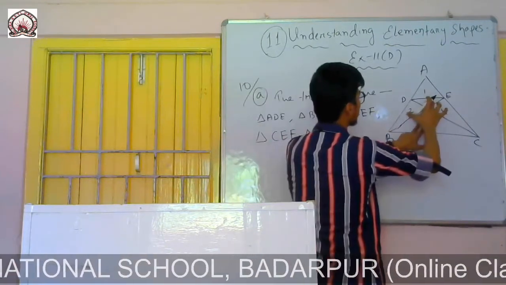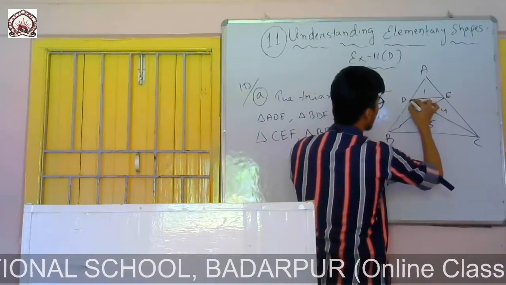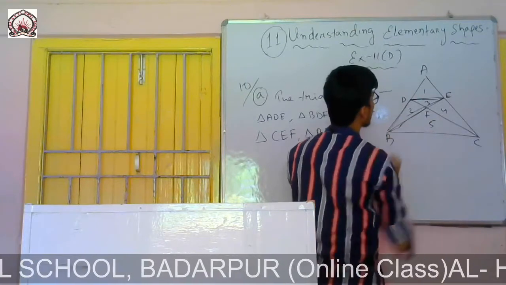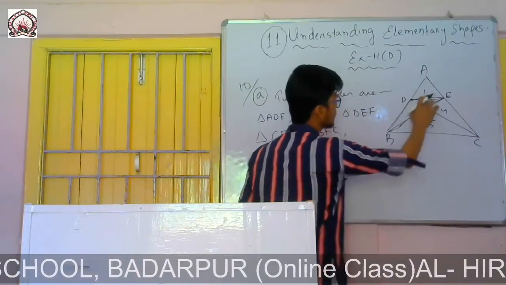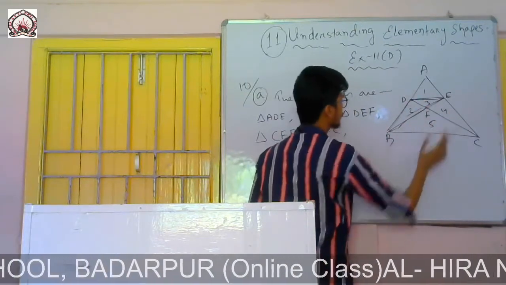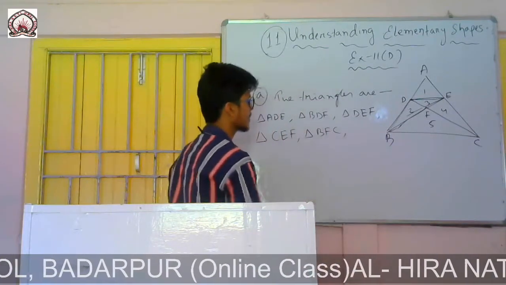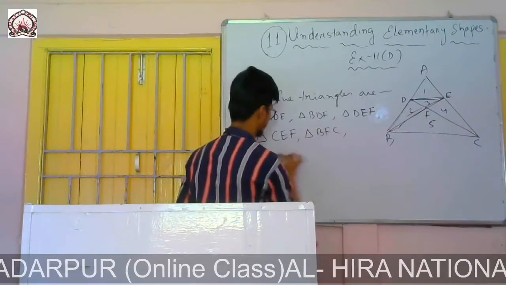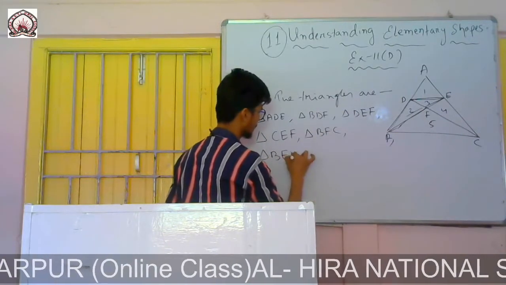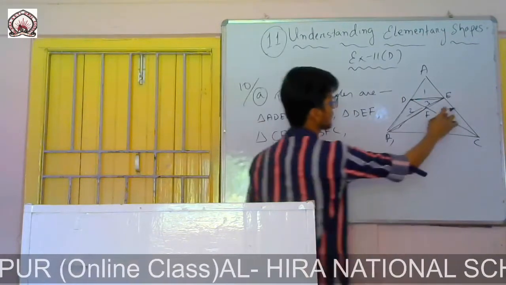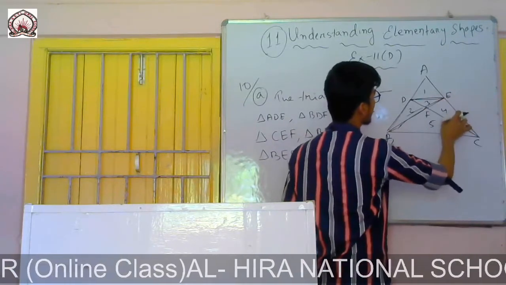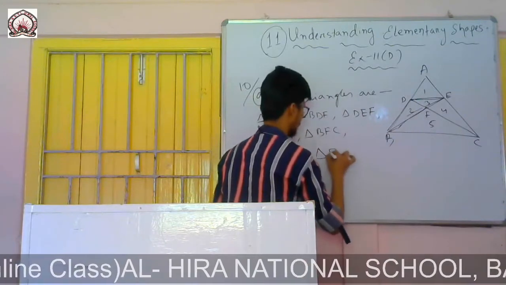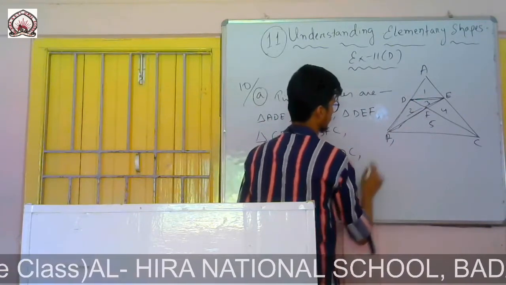So you see, if I take 3 and 2, this is also a triangle DE and this one B. It is also a triangle. This one, if I leave this side, then it is also a triangle. So I will take two numbers. So 2 and 3, these are triangles. So I will write triangle BED. Now I will take this side, these two at a time, 3 and 4, it will be triangle EDC.